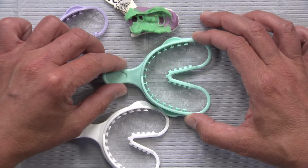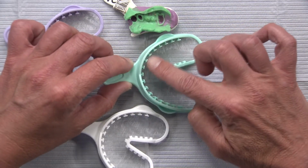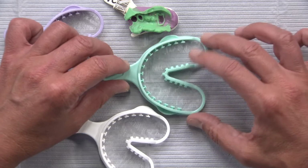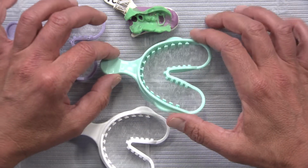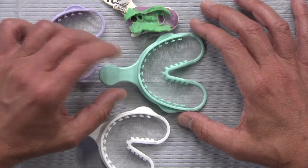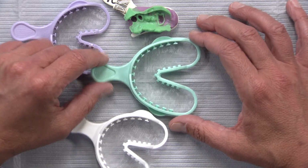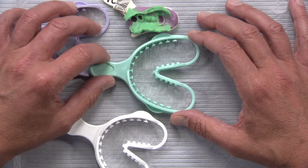But if you use a stiff, heavy body material in here on both sides, and you can see these little interlocking T's, how the material is going to get hooked in there as well, we stand a much better chance of making a restoration that's going to fit and function well. Now again, this tray was designed for alginate, and so typically what I use these for,